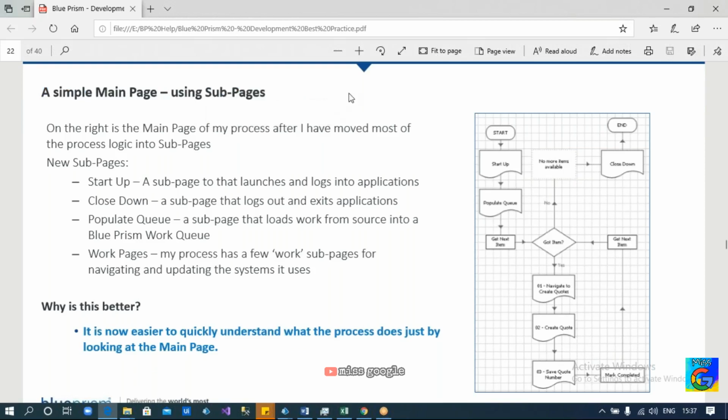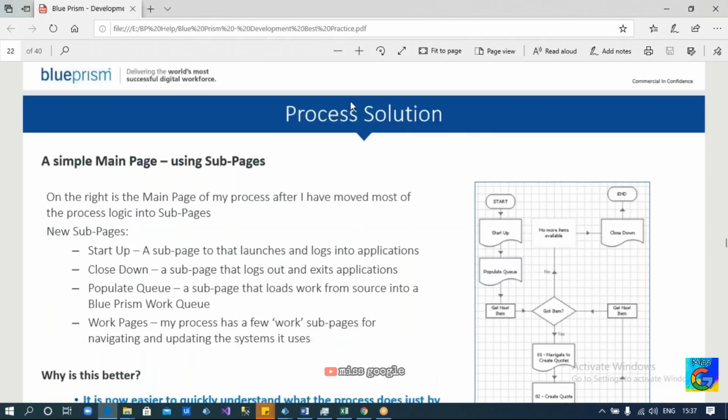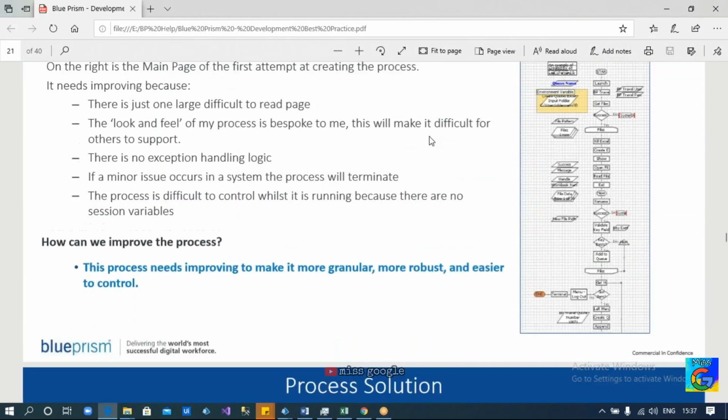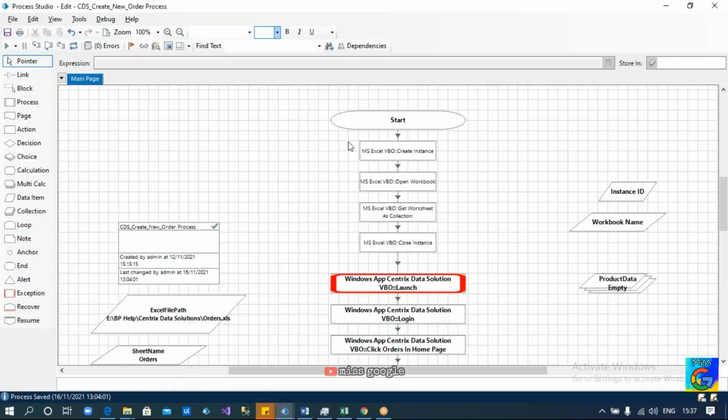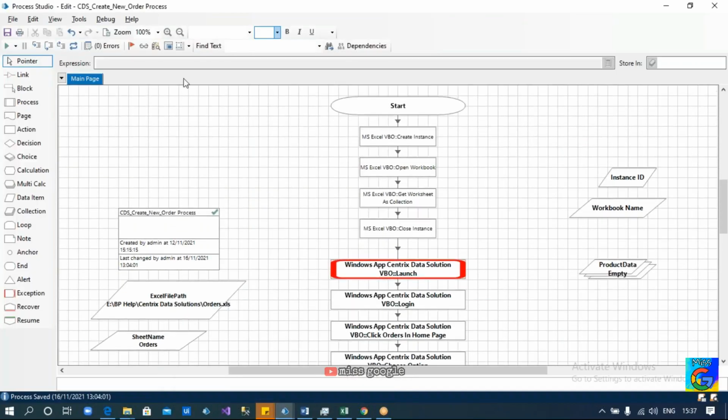So how are we going to create the sub pages? Instead of defining everything in the single main page, we can cut this piece of flow where we are creating the instance, opening the workbook, getting the data from the collection, and closing the instance. We can cut it,